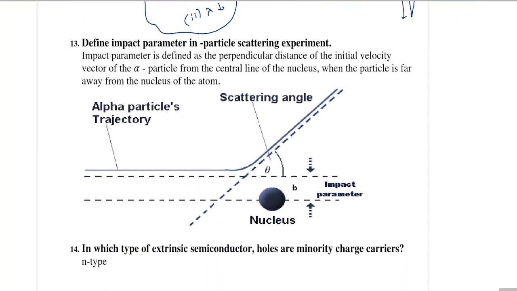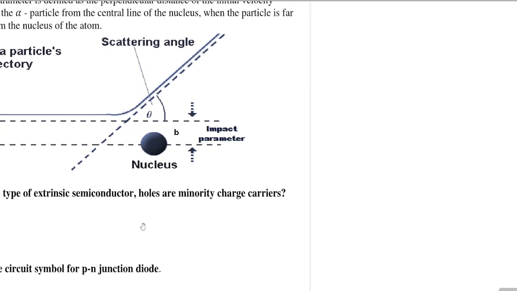Question 13 says, define impact parameter in particle scattering experiment. That is, what happens is, if we have a nucleus it will have positive charge. Suppose an alpha particle is being projected towards the nucleus, suppose it has been going like this, an alpha particle will also have positive charge. Now if we draw a line to the center of the nucleus like this,